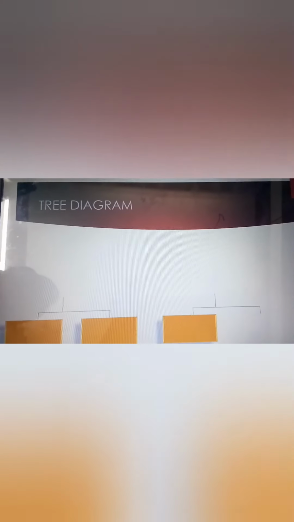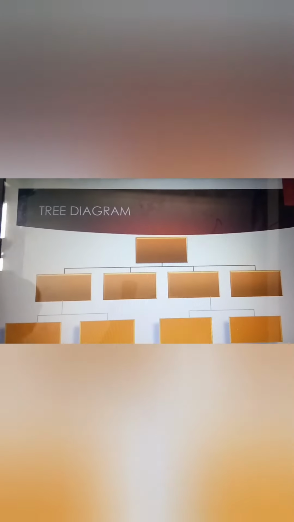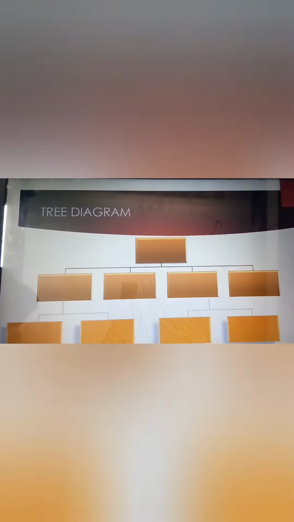Then after the wave diagram, there is the T diagram. We all know the T diagram describes the family chart well, and various kinds of information are also transferred with the help of the T diagram. So we have to read the passage and decide in our mind that if the passage needs the T diagram, we have to use it. And here is an example for you of a T diagram. The first main thing is given, and then the main topic is classified into 3, 4, 2, and again every term is classified into various things.